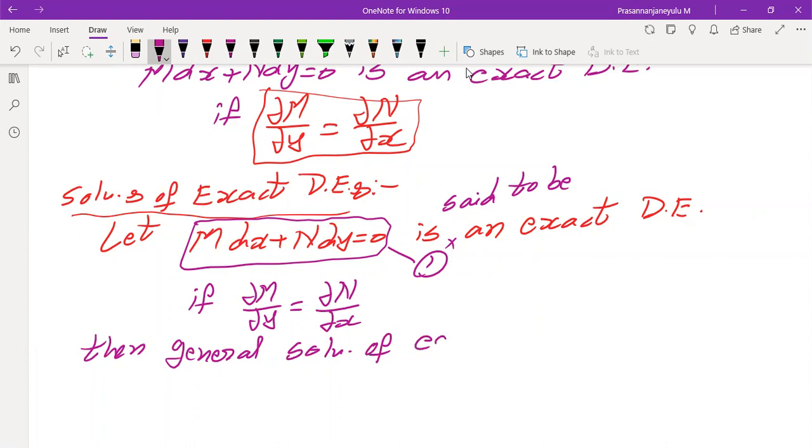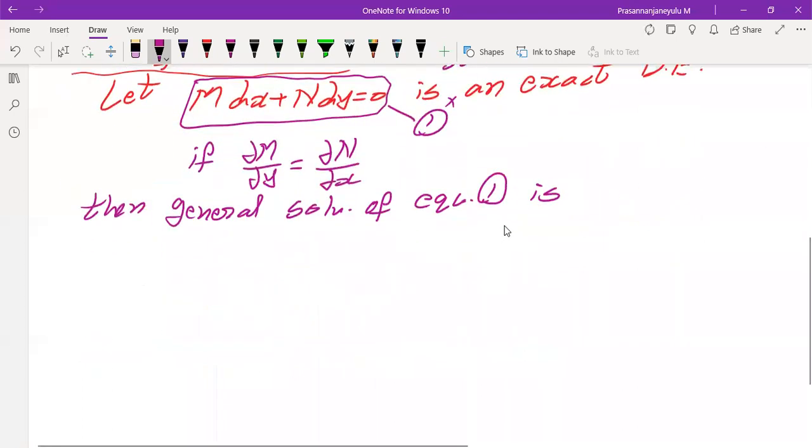equation 1 is as follows. The general solution of equation number 1: there is a formula, and that formula I am giving you. I am applying integration on both sides. Then what are we going to get? Integration of M, which is a function in terms of x comma y, that we already know, into dx plus